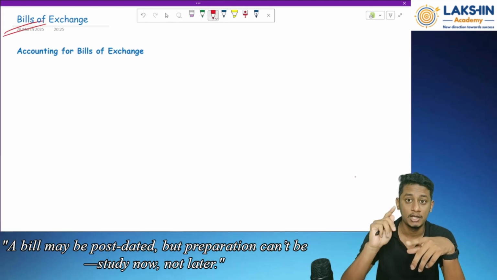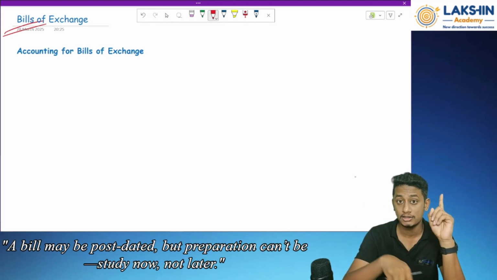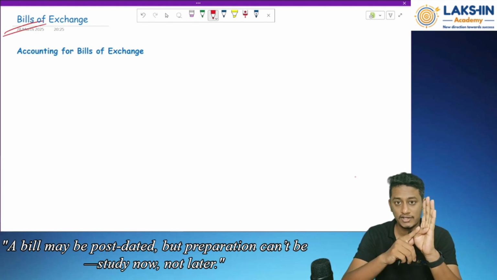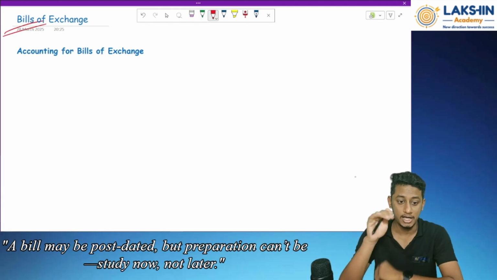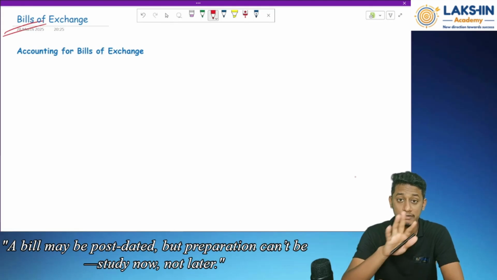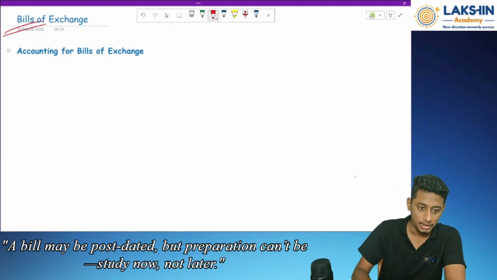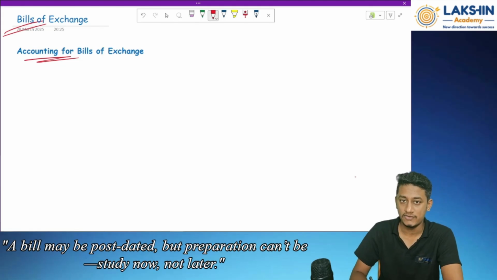practical part. This theory will be covered in the law chapter, that is the Negotiable Instruments Act of 1881. In that chapter you will cover bills of exchange and also promissory notes, and you can go in depth into these theory parts. But currently, for the accounting part, whatever theory is required will be dealt with by me. Okay, let's start. So before going to the accounting for bills of exchange, let us understand what is a